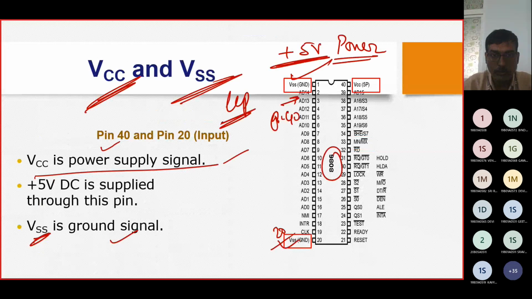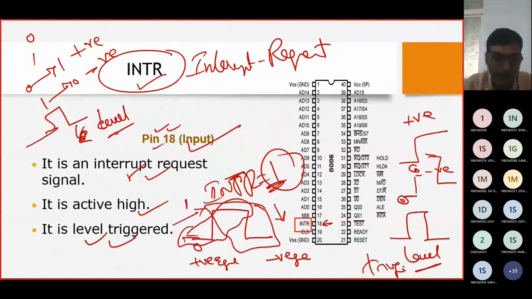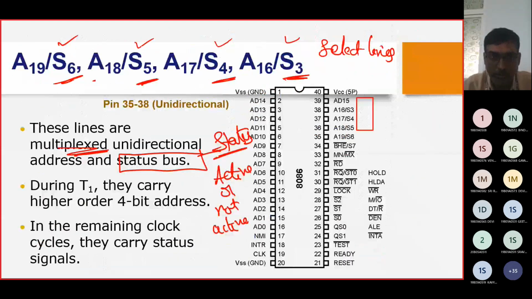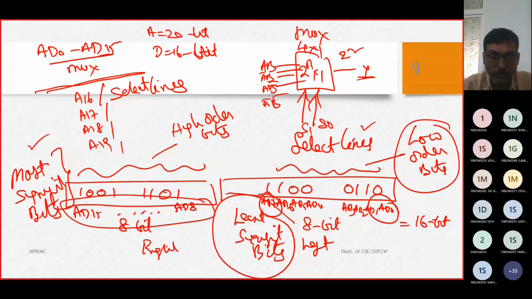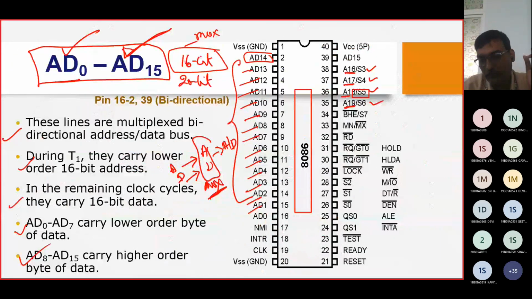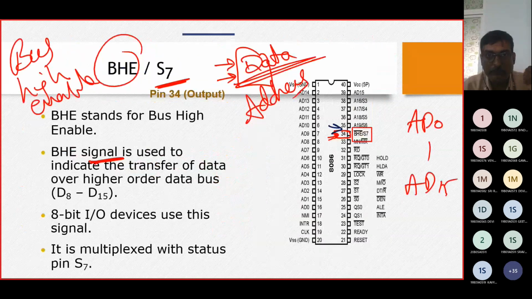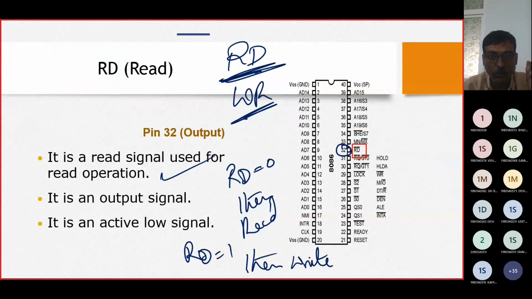Fine. So we will have a recap before we conclude our class. We were talking about the pin diagram of 8086. We mentioned that AD0 to AD15 are multiplexed. Address buses are 20 and data buses are 16, and the last 4 bits of the address bus, that is 16, 17, 18, 19, are multiplexed with the status lines. Next, we have a special pin called BHE, bus high enable. It will decide whether to hold address or whether to hold data.